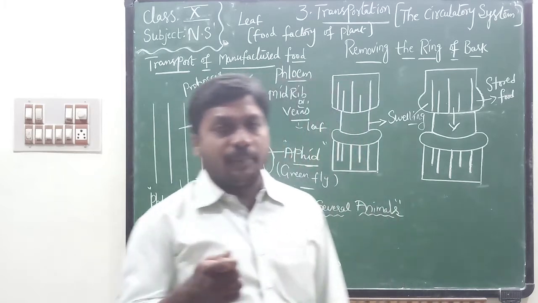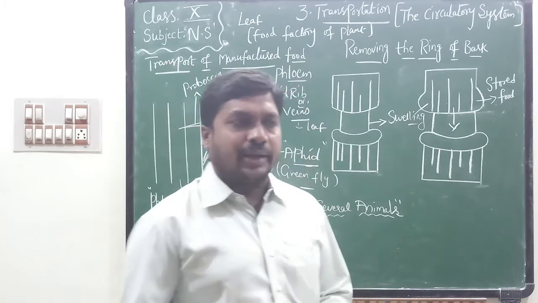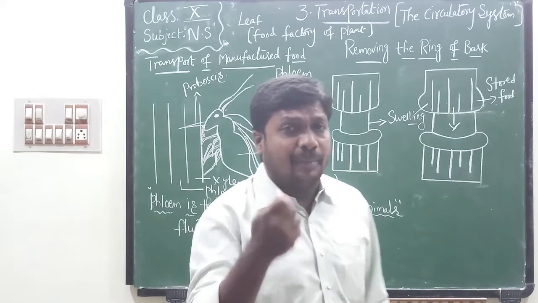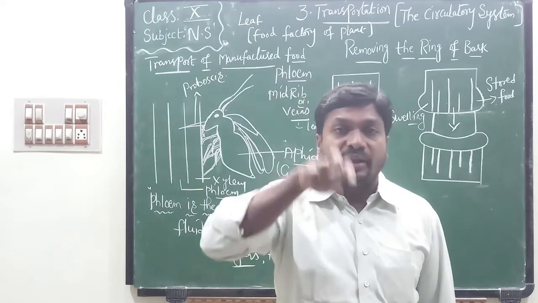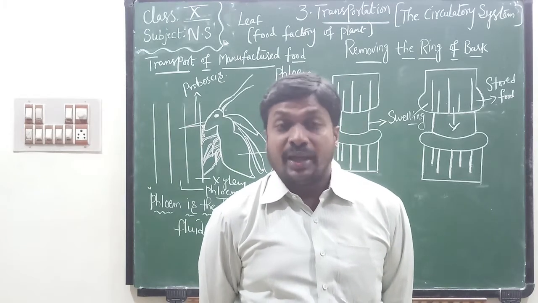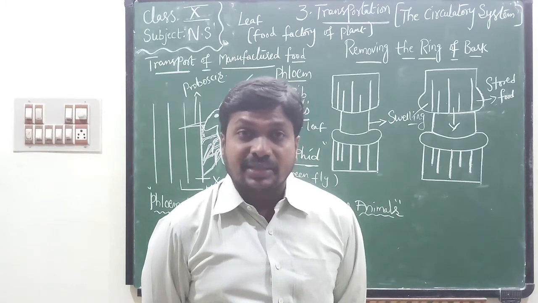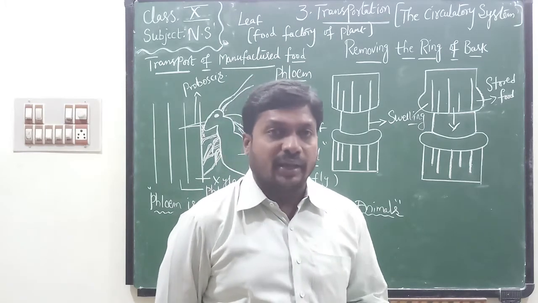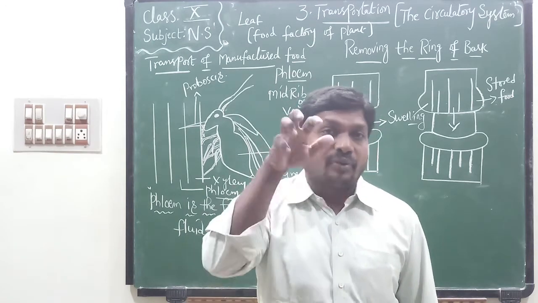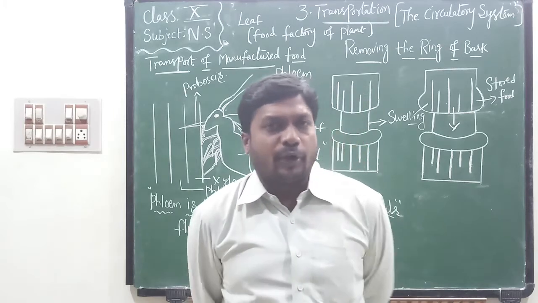Do you know phloem is a very important tissue which helps to transport food in a plant? Do you know some mammals? If you observe, some mammals scratch the bark of trees to get food from phloem tissue, especially when food is scarce, at the time of hard winter. Why do they scratch the bark of trees? To get food from phloem tissue.